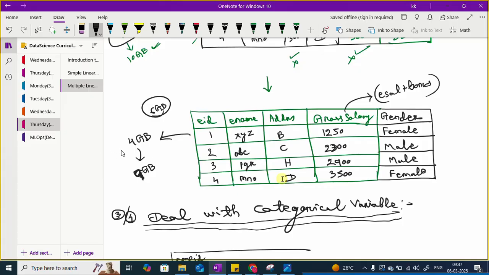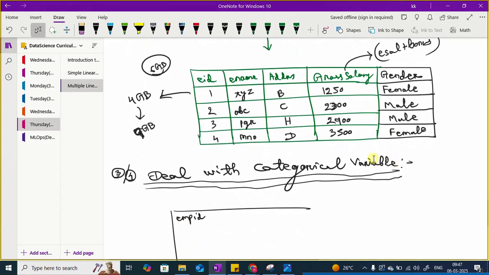Let's say 2 GB also increases, it will be 6 GB. That's fine. But don't increase up to 9 GB, 10 GB, 15 GB. Then what is the optimum solution? The optimum solution is, guys, I have to convert this categorical value into numerical form. Before that, I can use a different shortcut. What is that? There's something called notation, saying that